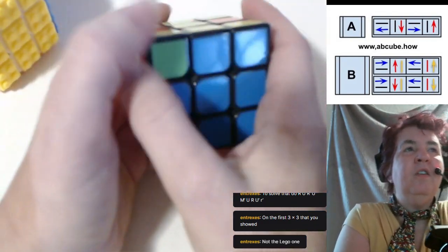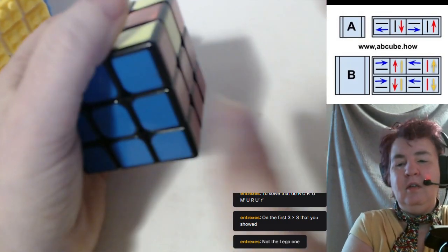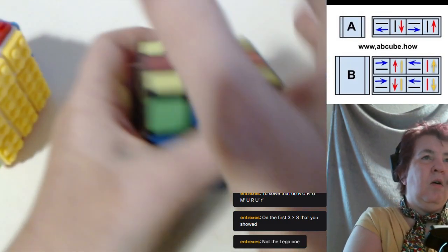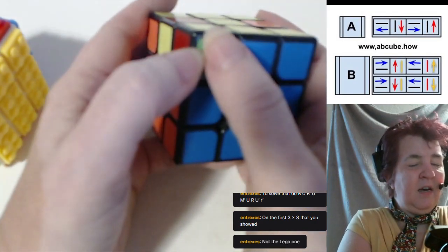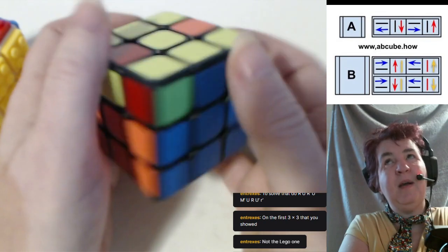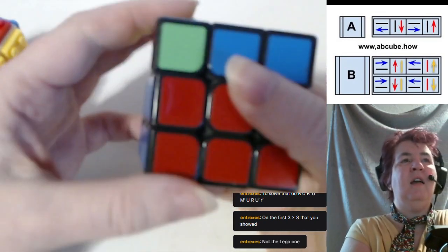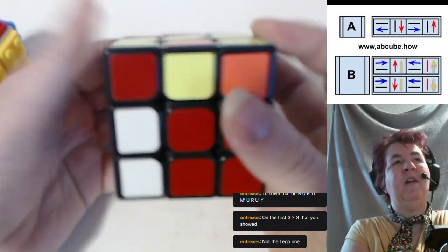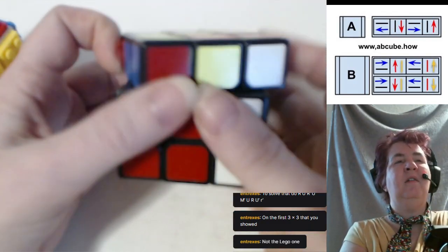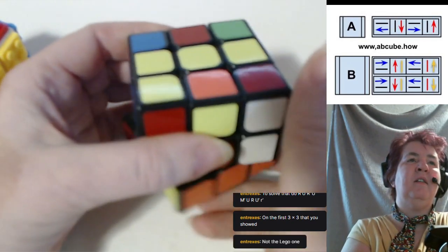So to do the corners, I check the side. Either all of the sides will match like this, or one of them will match like I just did, or none of them will match. And if none of them match, it doesn't matter which way I hold it. I just do Formula B, slide, top row, outside columns, up, up, down, down, and then Formula A to bring my yellow back to the top again,